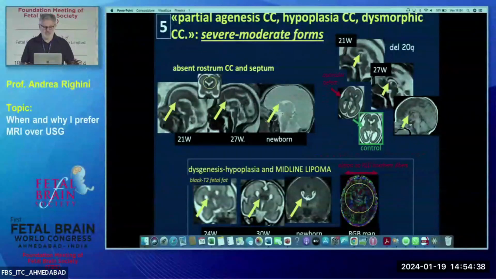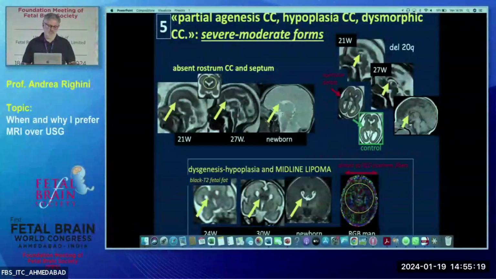Also in the other case, you see a lesion of the long arm of chromosome 2 or 20. You see that there is a very short corpus callosum at 21 weeks, it's a bit longer at 27, almost normal length, but bad shape even. But what's important in this case is that you look at other things, not just the corpus callosum. You look at the insula, and you see the operculum. If you compare with the control, the operculum is not nice. It's quite shallow, and triangular, so something must be going wrong.